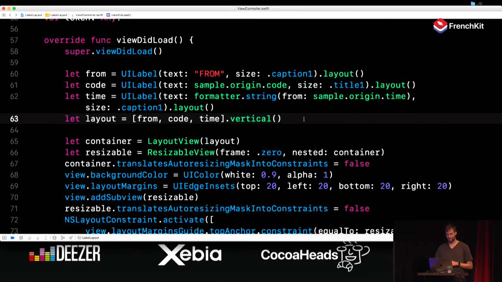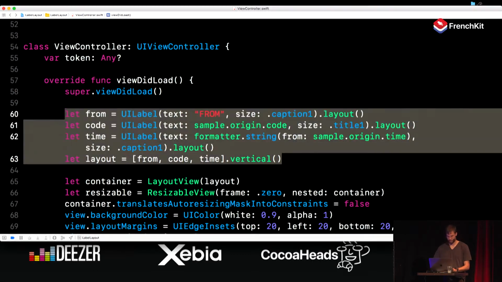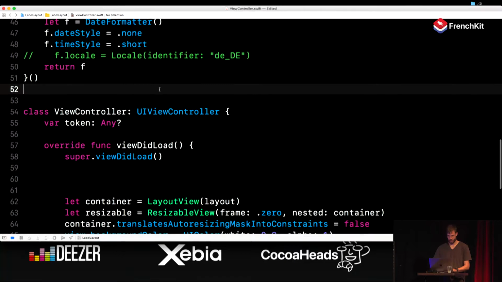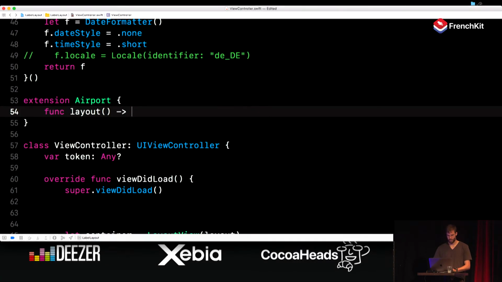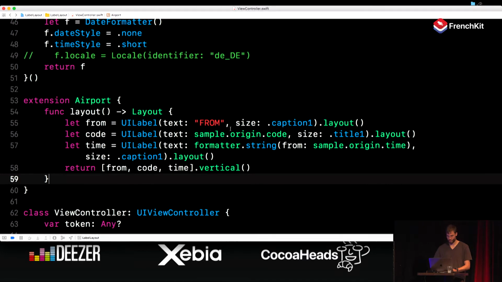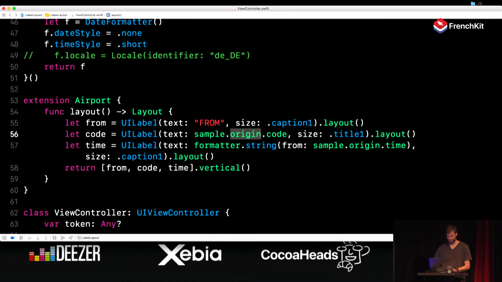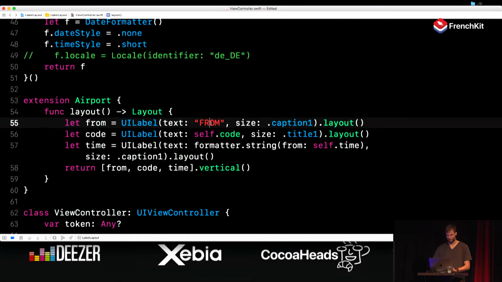Okay, so this is what we expected. Now, the next thing we want to do is display the destination as well. And so we can move this code to an extension on airport. So let's actually delete it here and write it as an extension on airport, layout, and it returns the layout, and we paste this in. This is a return. And now, of course, this sample.origin should be self.code, and likewise over here. And this is a parameter we need to pass in. So let's call it title,